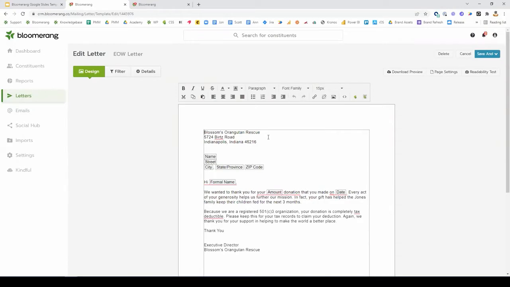A lot of you ask, can I add my logo or my letterhead to the letter? You can absolutely do that as long as you have it in an image file in JPEG, PNG, or GIF. Since you're printing it out, GIF is probably less useful, but just a good note to know that it is possible. So if I want to add an image or a logo in there, I'll click the Insert Edit Image icon,